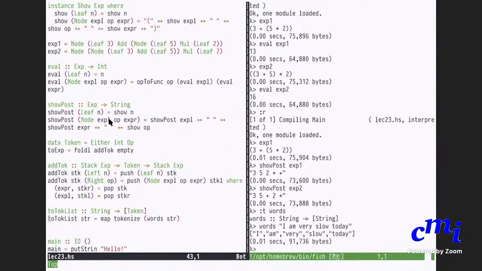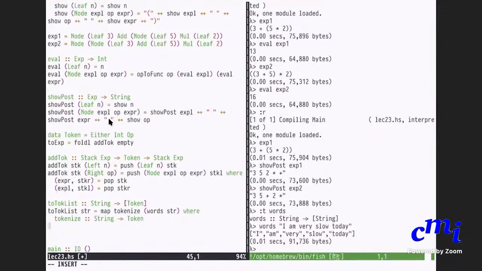Right, and what is this tokenize? This tokenize basically converts a string to a token, and the string should represent a single operator or a number. Once I write tokenize, you will know what I mean. Tokenize is the thing that actually converts a string to token, and this is simple. Tokenize of plus is add.